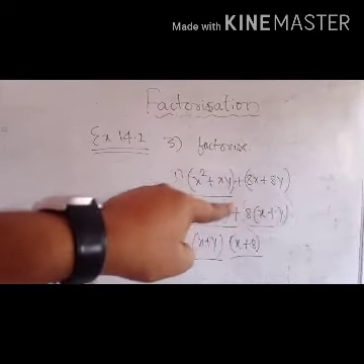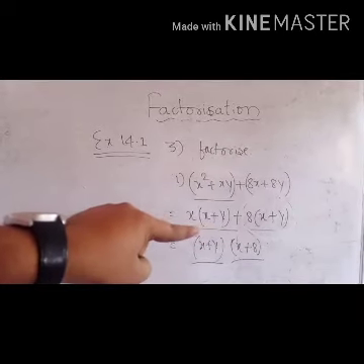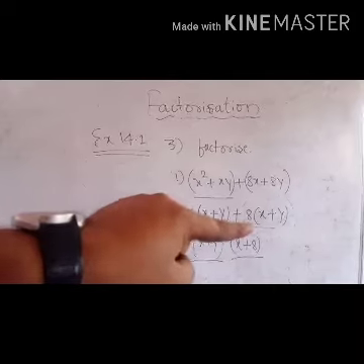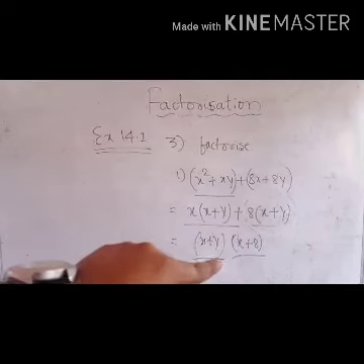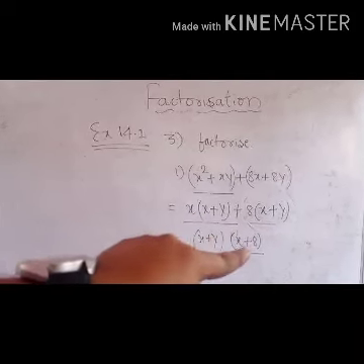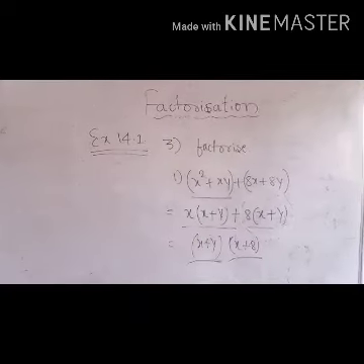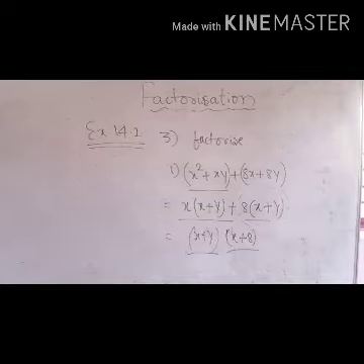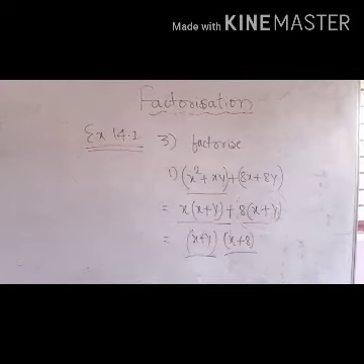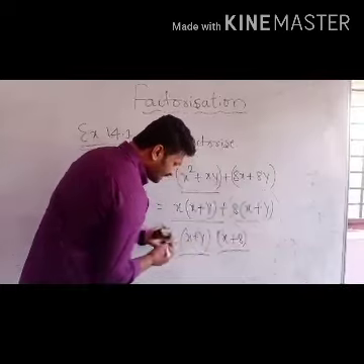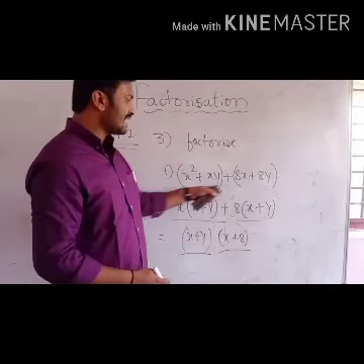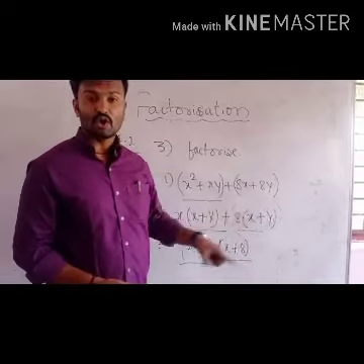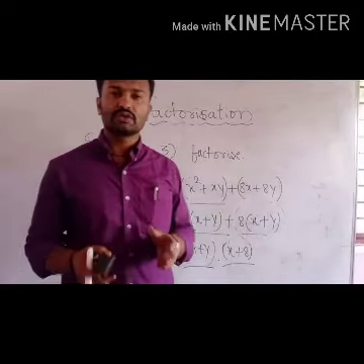And in both the term, here, this is whole term, one term, and here one term. In both the term, x plus y is a common. What remains here? In first term, x remains. Here second term, 8 remains. Of a given term, x plus y and x plus 8. You multiply both the term, you will get the same polynomial. This is the way how to find out the factors.